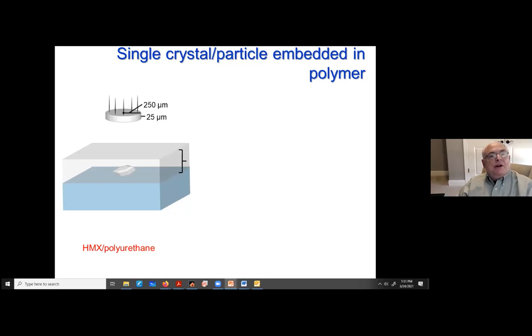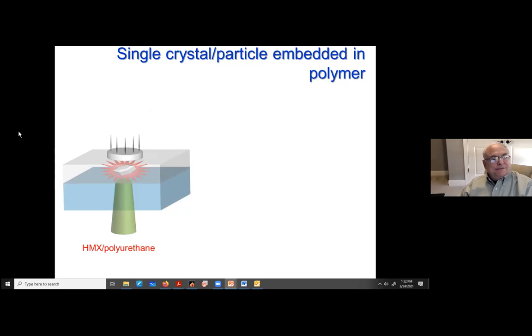I'm going to close by talking about another model system, which is a single crystal of an explosive that's encased in a polymer binder, because all the useful explosives have polymer. Also, what this does is it keeps this thing from flying away. And we're going to shoot a flyer plate at it. The material is HMX, the explosive. And this is polyurethane, which is a binder I'm using because the people who give me money like it. And here's what happens. Kapow, it blows up and we look at it.